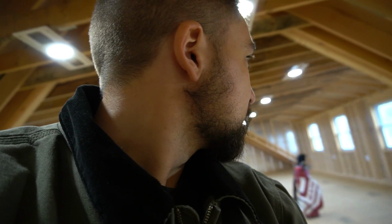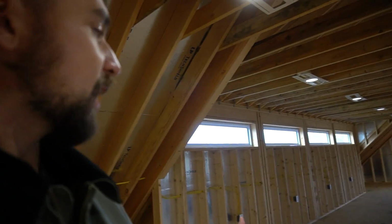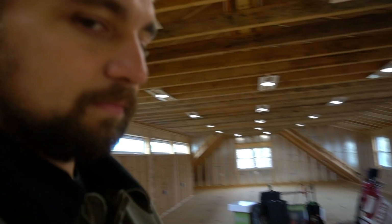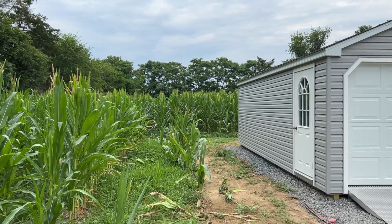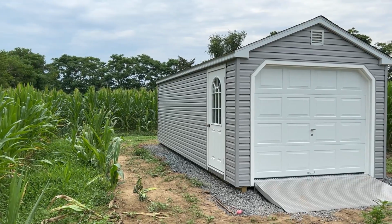So the cool thing is I put everything on a dimmer, so I have full light control in that regard with the ceiling lights. And if I need to use just some stand-up lights or any kind of shots, obviously that's an option as well. So let's head over to the mining shed, and also I'll show you more about how all the wiring was